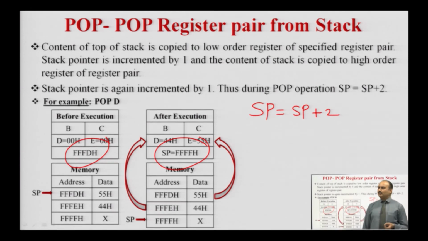Whenever we want to push the content of the specified register, that is the BC register pair, DE register pair and the program status word, we use the push instruction. It will push the content of the specified register into the reserved portion of memory, that is called the stack. And if you want to retrieve back the value of the specified register from the stack portion of the memory, we use the pop instruction. The specified register pairs are the BC register pair, DE register pair and the program status word register. The program status word register is nothing but the combination of the 8-bit accumulator register and the 8-bit flag register of the 8085 microprocessor.